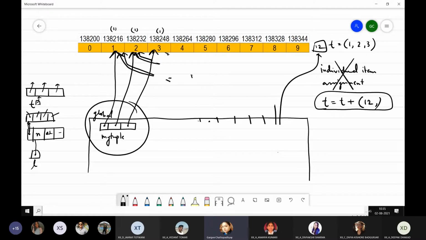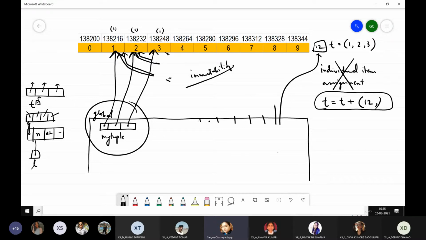This is why the tuple's immutability plays a major role in this. It is the same as passing any integer value or a float value like we saw before. Whereas in case of a list, because we are making changes in place, a reference is added to that same list object, hence its changes are reflected back in the global area also because of its mutability, right?